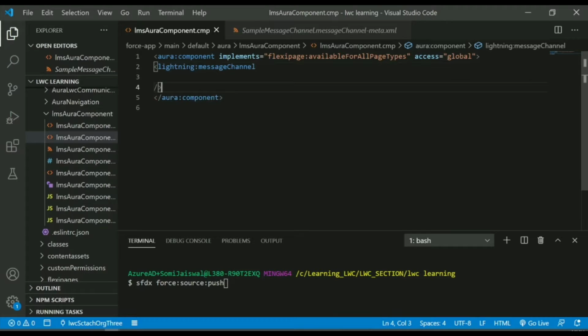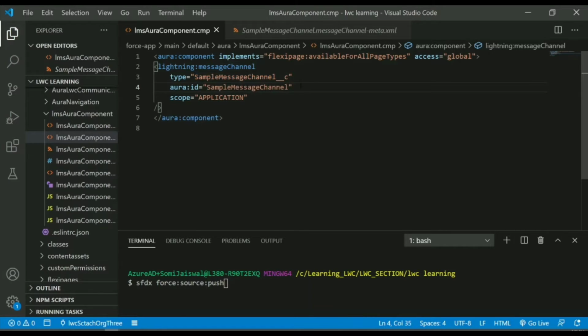This will take a couple of attributes. The first attribute is the type of the channel. So we have to define the channel type. Our channel name is SampleMessageChannel__c, and that's its type. Then after that, we have to define its scope, and its scope is application level. Then apart from that, for this message channel we have to pass an ID that we will use in a minute. So I'm giving an ID as sampleMessageChannel only,